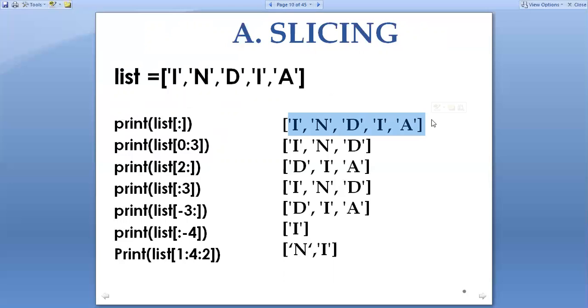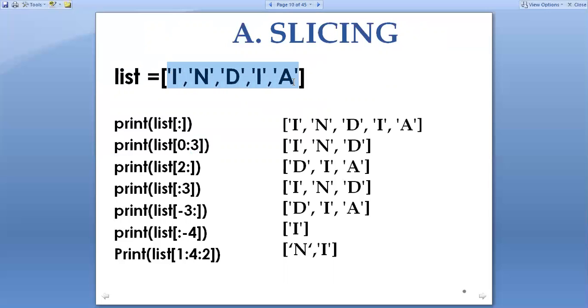See, this is the first output. Now print list 0 colon 3. From 0, the beginning position, we have to retrieve 3 characters. From 0, 1, 2, 3, 4.